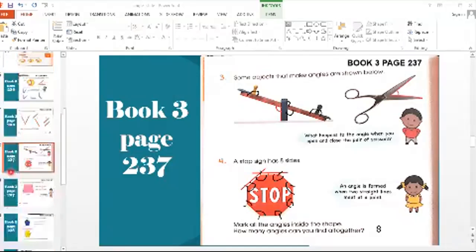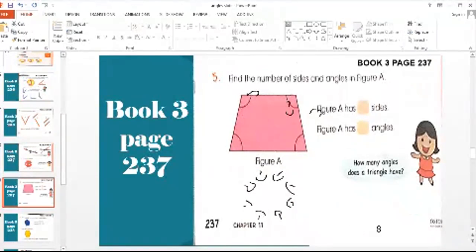So now my boys, let's solve the next question, which is on the same page. And I think this is something that you all can even solve by yourself. Find the number of sides and angles given in the picture. In this figure, your teacher has even pointed out the angles for you already. So you will quickly count and mention your angles, and the number of sides will